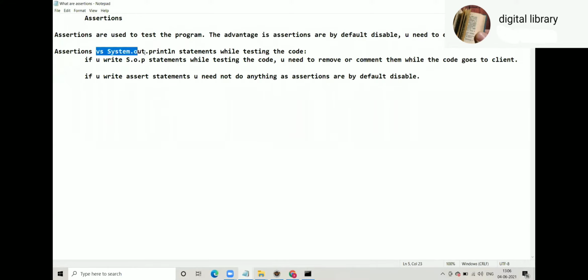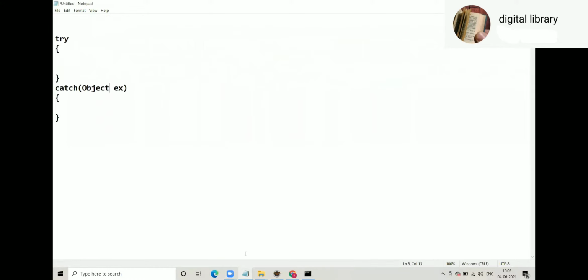Assertions versus system.out.println. अभी ये क्यों है? Because normally what happens, simplest way of testing a code is, suppose you have some code where you have various statements.